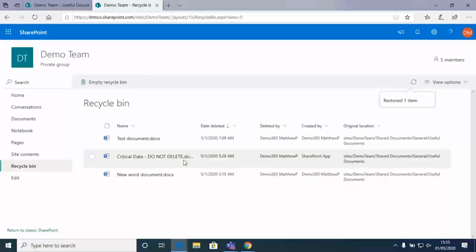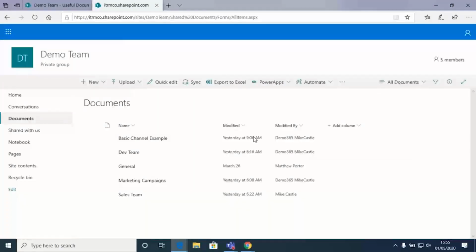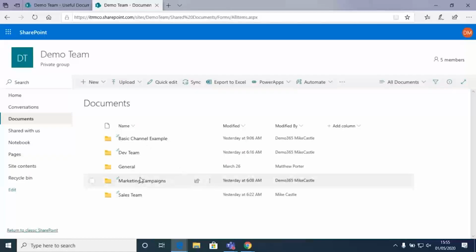enough. So what you can do is integrate a third-party backup product onto any system, which would take snapshots of the data 6 times a day and put them into an entirely separate system. In the event that that data was deleted from the recycle bin and had expired on its 30-day retention, you would still be able to go into that third-party product and restore the data back into the environment. And all it would do is just drop it back with all of your changes, all of the versions that we talked about previously included.